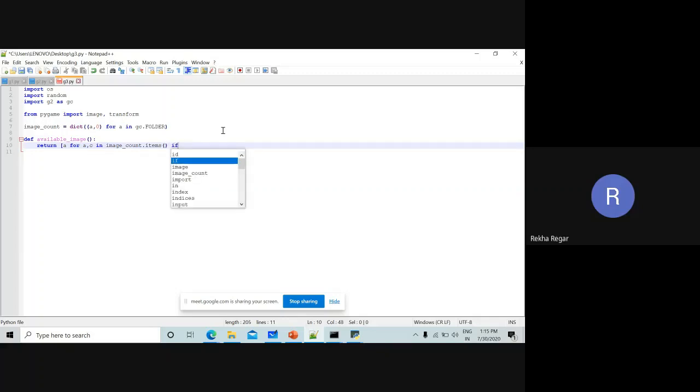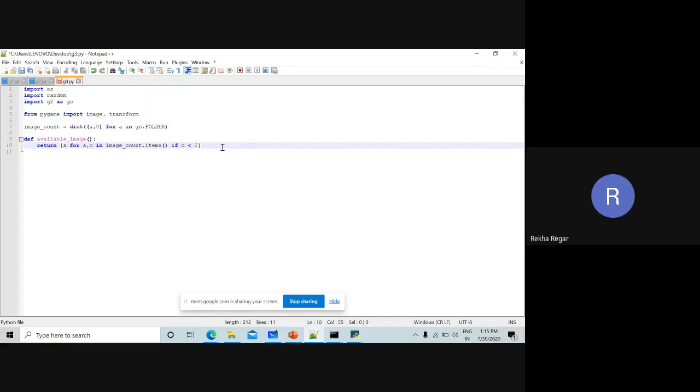If C, it means the value. Suppose I'm going to take this 1. So it means the count must be less than 2. So the value must be 0 and 1. So after this it is going to give two values, one is the 0, one is the 1.